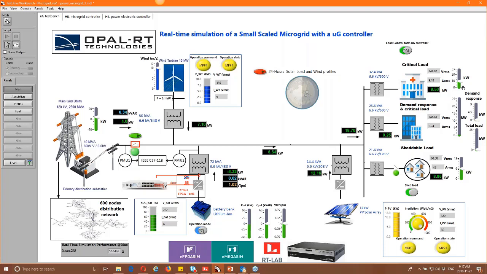We can also provide different disturbances like load changes and see how the system reacts. We can also reduce the wind speed, so the wind power goes down. We can reduce the irradiation and see how the power reduces. So if we want to do planned islanding, we request an islanding event, and we see the power over here reduces down to 0. That's what the controller does, and then the controller opens the breaker, and now we are running in islanded mode.